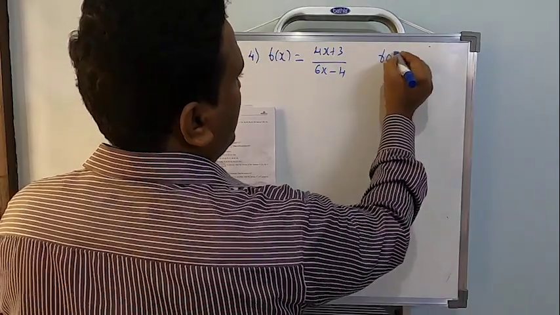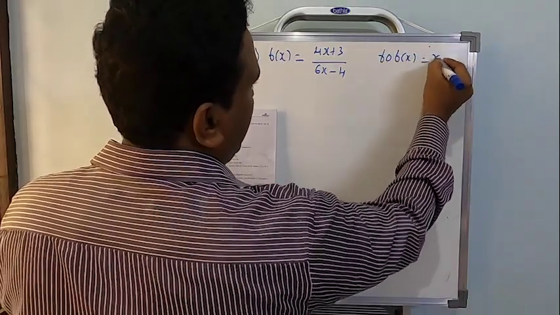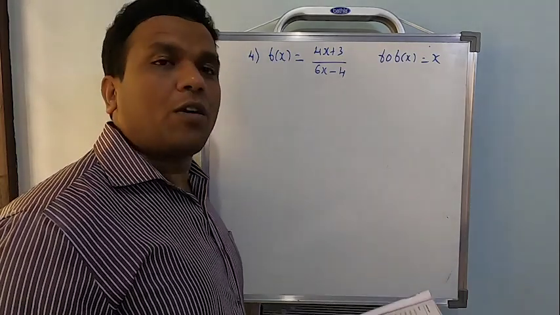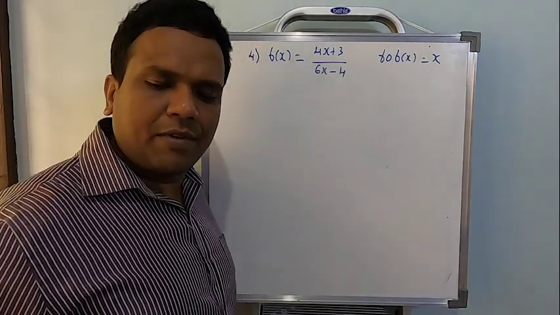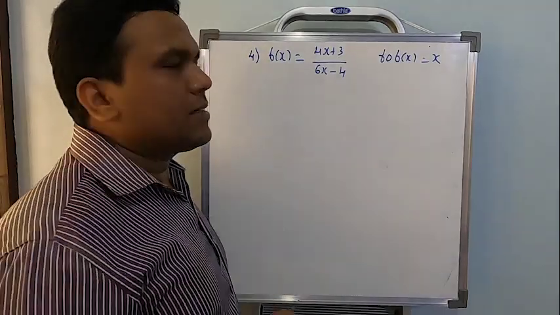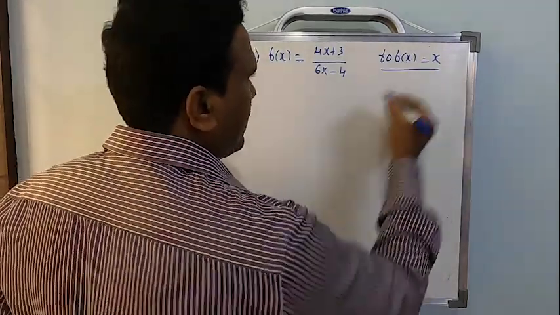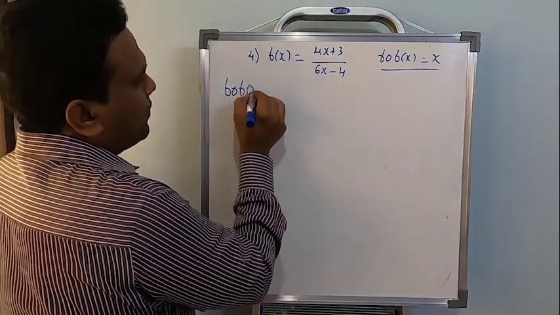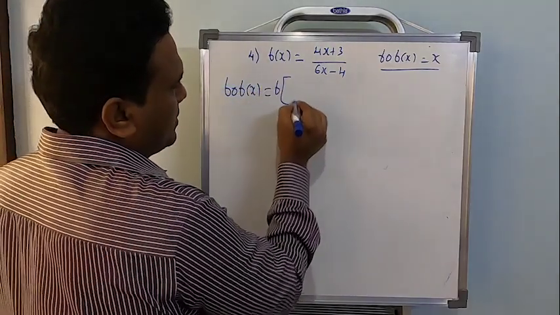So what we need to show is that f of f of x equal to x, and at the end of it they mentioned what is the inverse of f. Let's see the inverse later on. First let us think about showing this part, f of f of x equal to x. So let us consider f of f of x. Let's rewrite it.